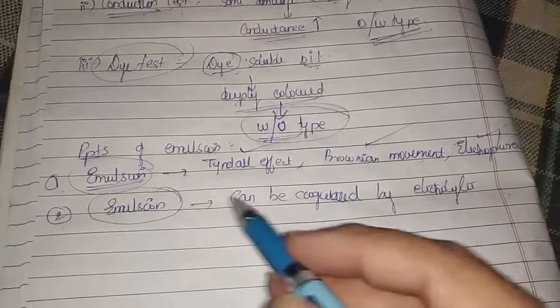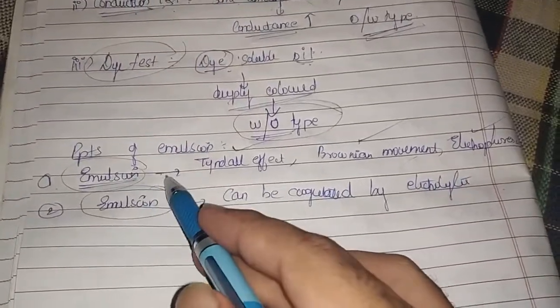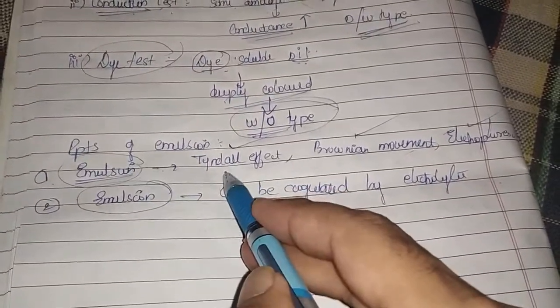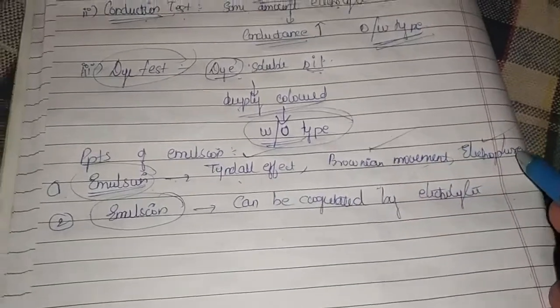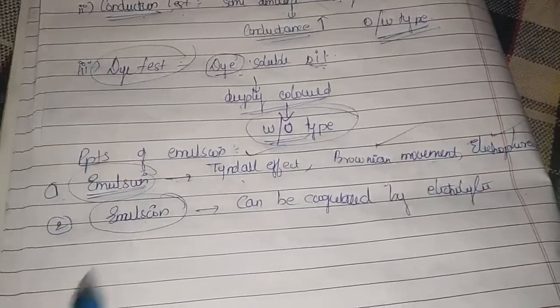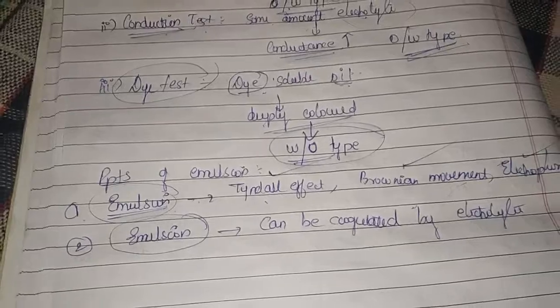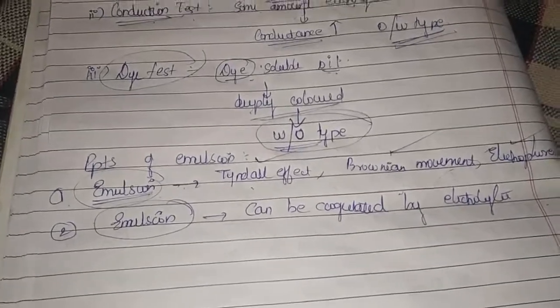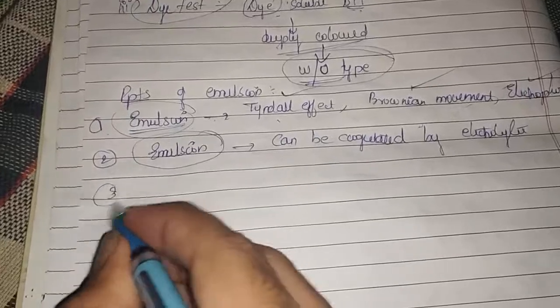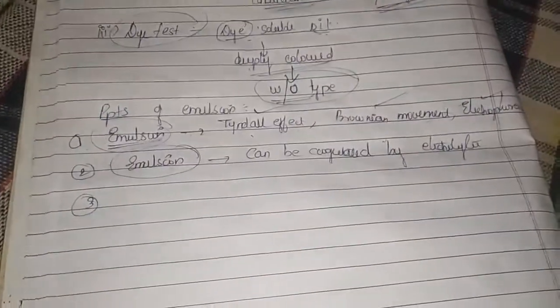Emulsions exhibit all types of effects. That could be the Tyndall effect, Brownian movement, and electrophoresis. Coming to the charges, your emulsion also carries negative charges, so they can be easily coagulated by utilizing electrolytes. Now the question arises, when you have two liquids that are immiscible,